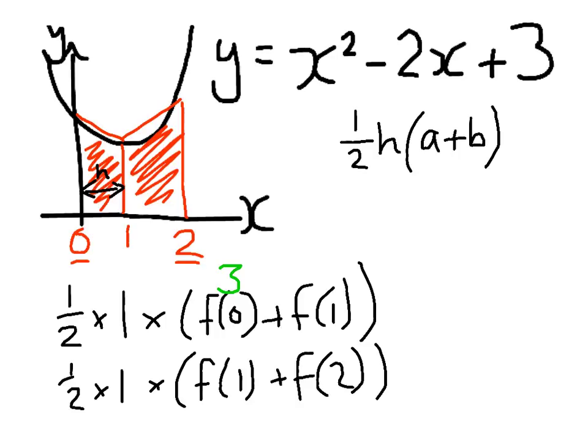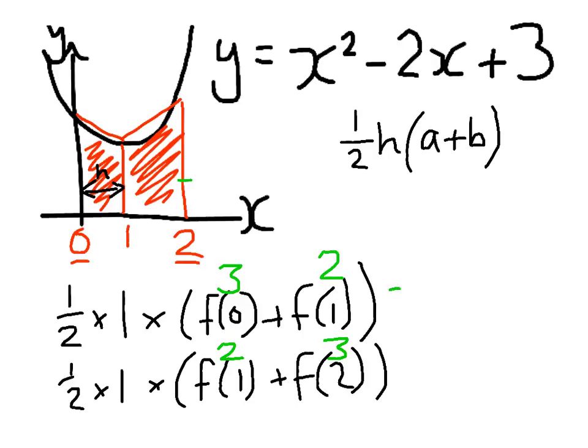That's going to be worth 3, and then f of 1, we're just going to go 1 squared is 1, take away 2 lots of 1, so then minus 1 add 3 gives you 2, and then we know that that one's going to be 2, and then for f of 2 we're going to do 2 squared, which is 4, take away 2 lots of 2, which is back to 0, and then add 3, which gives you 3 here. So it makes sense, we're being fairly symmetrical about our graph,